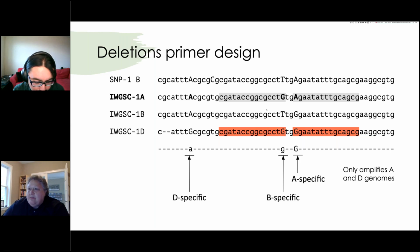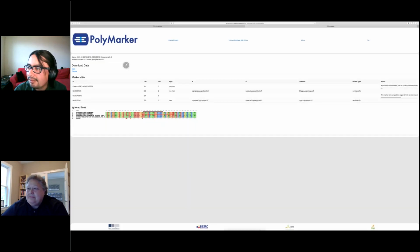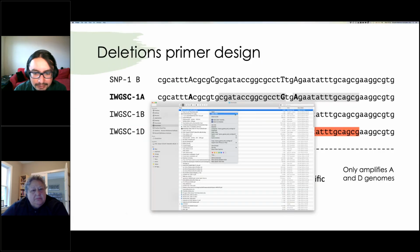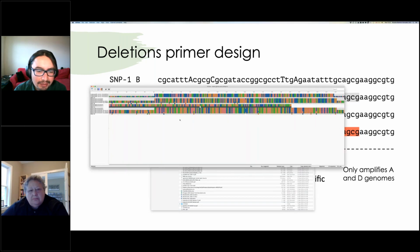All right. How do you get the alignment on the website? You just click here on the mask, and you download it, and then it's just a FASTA file that you can open with your favorite viewer. So here it's the alignment for the tree marker. It's the same information on the website, but here you can do more